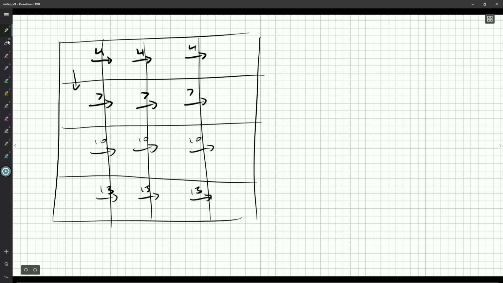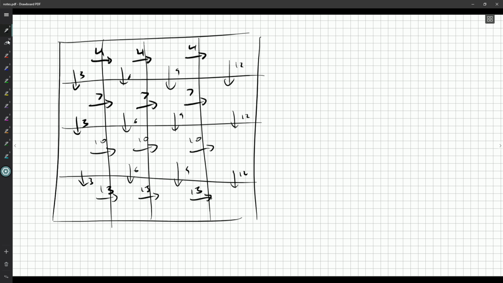And if we go down, we go up by 3s in the first column. Then what was it? It was 6s. Then 9s. And in the last column, we go up by 12s between each square. 3, 6, 9, 12. That's an arithmetic sequence too. And that's kind of interesting. A useful observation. Now, I'm not going to do anything more with this, but it is kind of interesting to